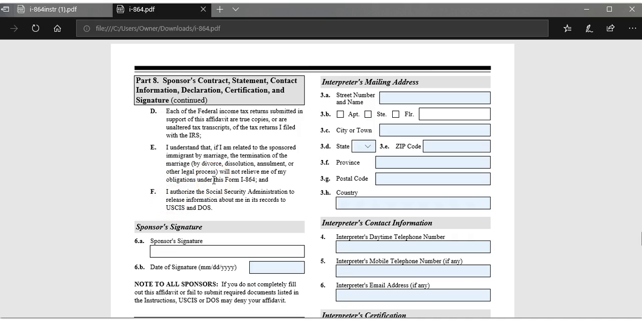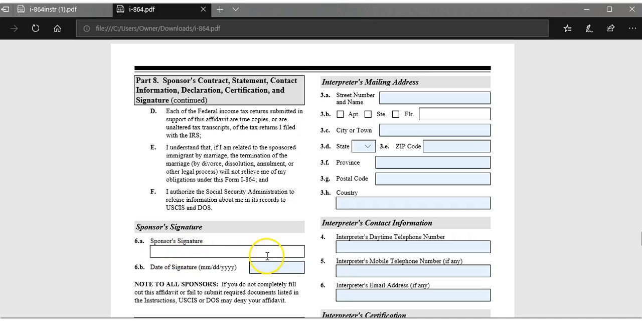Pretty much, if you get divorced, if you are married with this person, you want to continue with the obligations, not because you got divorced. If this person goes on public assistance, you want to be responsible no matter what. I authorize the Social Security Administration to release information about me in its records to the USCIS and DOS. And then the sponsor's signature goes here,